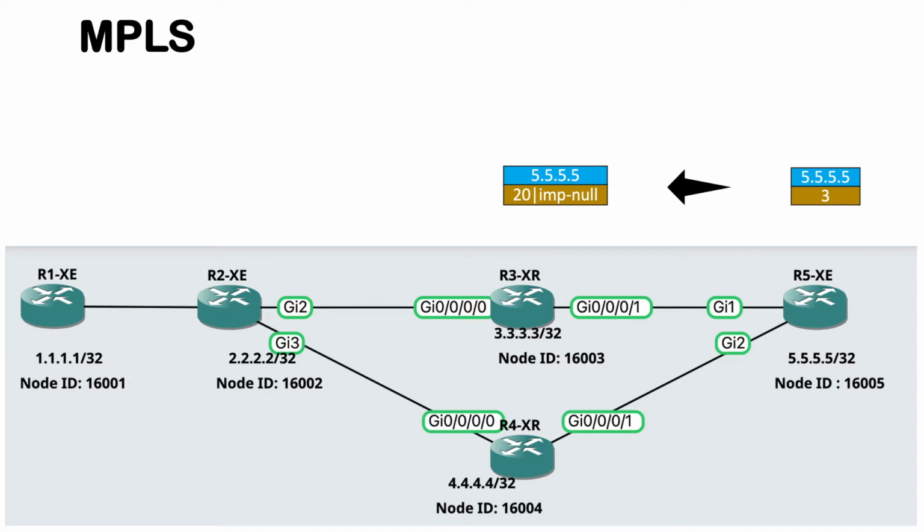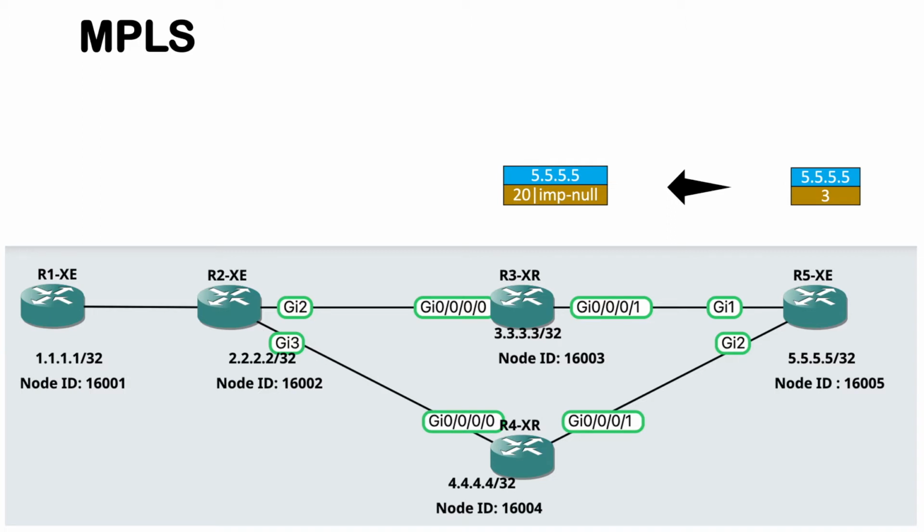Now the R3 router is an XR router, R3XR. This router sees that particular advertisement and it updates its forwarding table. So the forwarding table would look something like this. The prefix 5.5.5.5, the outgoing label would be implicit null because we have received label value as 3, and also I'll calculate a local label and assign this to the prefix 5.5.5.5, and the same thing I would also advertise to the next router.